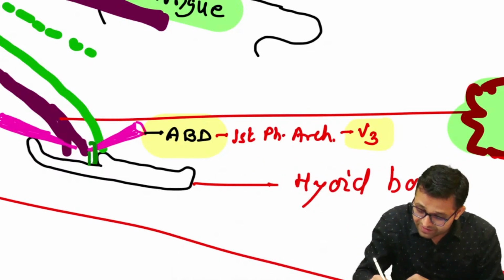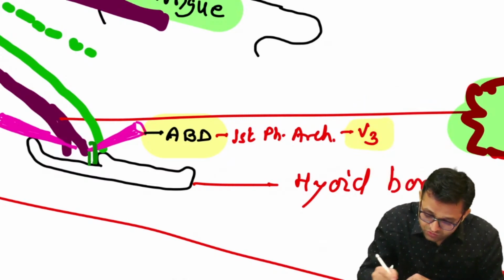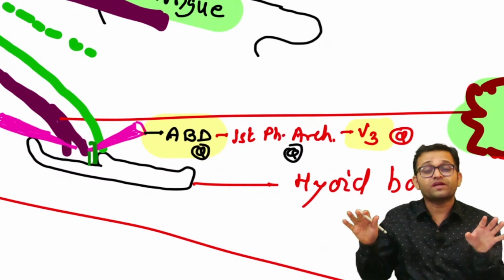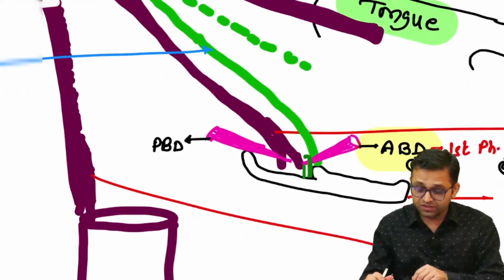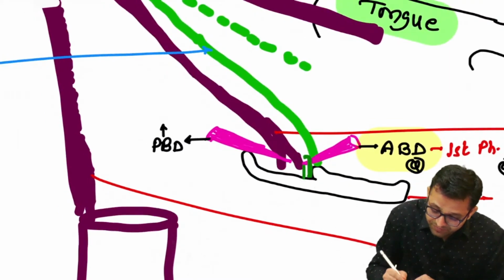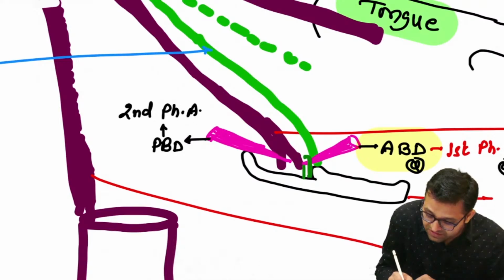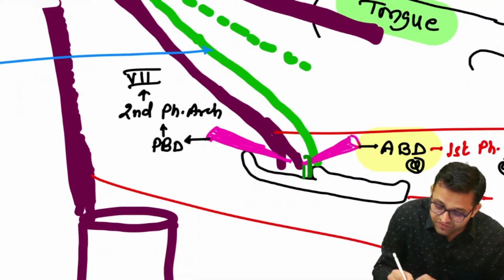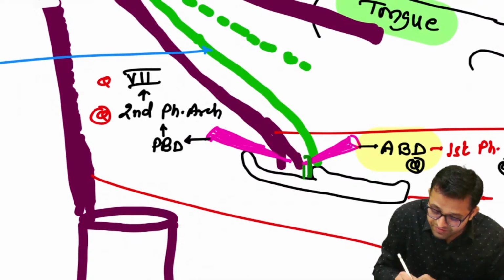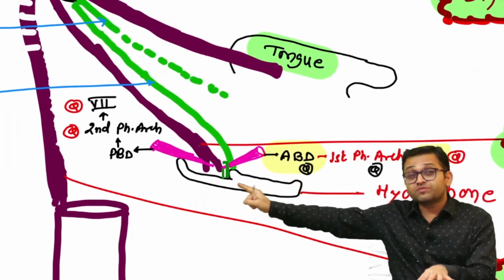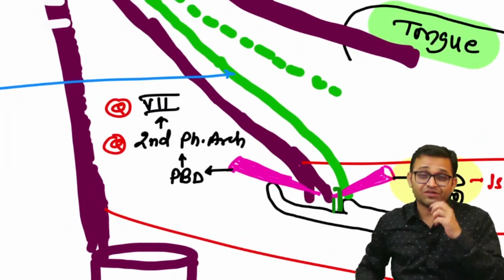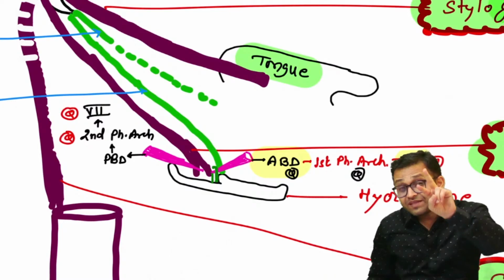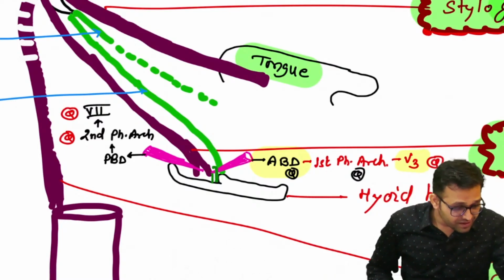MCQ. So we are adding NEET PG level MCQs, USMLE, PLAB, FMG, whatever, because beta, if your concepts are strong, you can crack any kind of exam. Now can you see, this is the posterior belly of digastric. Sir, it is a derivative of the second pharyngeal arch. And the nerve of the second pharyngeal arch is the facial nerve. MCQ: what should be the nerve supply of the posterior belly of digastric? Answer is the facial nerve. So you can see again, sir, this digastric muscle has a double nerve supply.